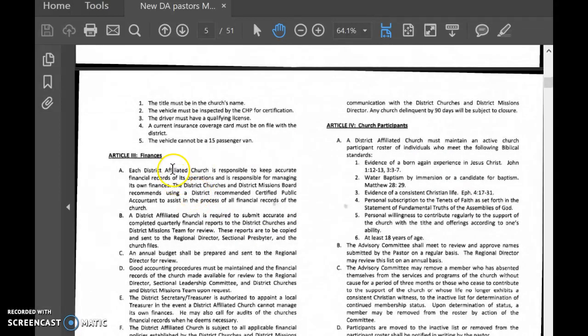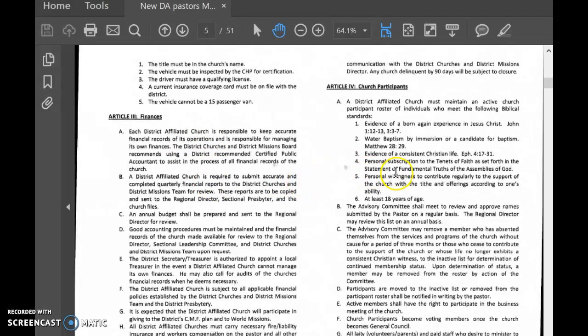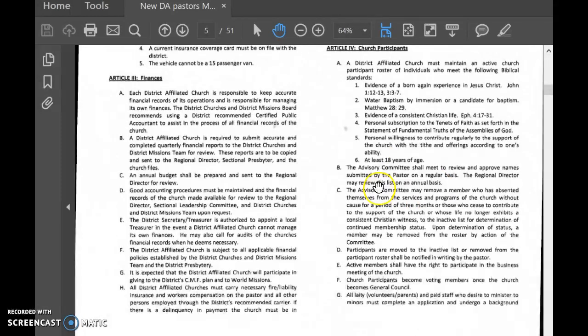Let's see, Article 3 is all about finances. Article 4 is church participants. Now, you might say, what does this mean? In district-affiliated churches, we don't have membership, so there are not members of a district-affiliated church. We have church participants. So here's all the information. It actually works quite the same. It's just